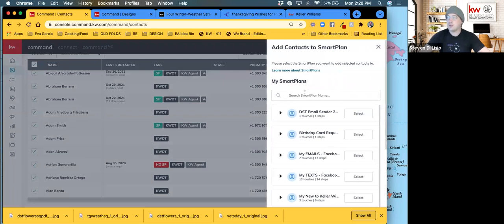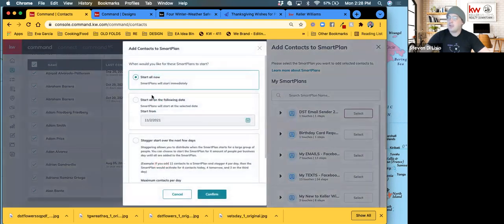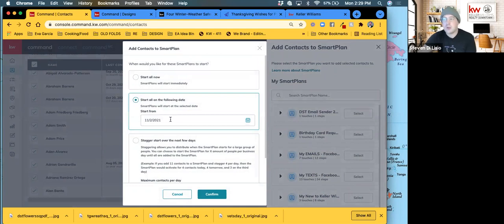Now we need to choose the smart plan we're going to add them to. That's our first one that shows up here. We hit select. And this is the trick. We want to select the second option on this screen because then that enables us to choose which day it starts. And on any smart plan, the day it starts is the day it does the first task in that smart plan. First task or activity is a better word. The first activity in the smart plan, which we know in the smart plan we just built,